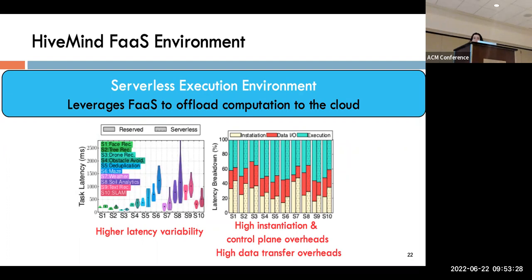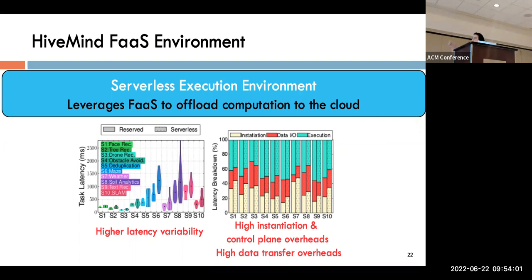The first is instantiation overhead. So if the resources are not available when a task needs to run, new containers or VMs need to be spun up, and then the task can start executing. Second, tasks in a serverless environment do not communicate directly with each other. They have to go either through a controller or a database or a remote storage system, and that adds a lot of overheads. Third, because each task in serverless is much smaller, you have much higher degree of multi-tenancy in a serverless environment compared to a traditional platform as a service environment. That contributes to contention and performance unpredictability as well.